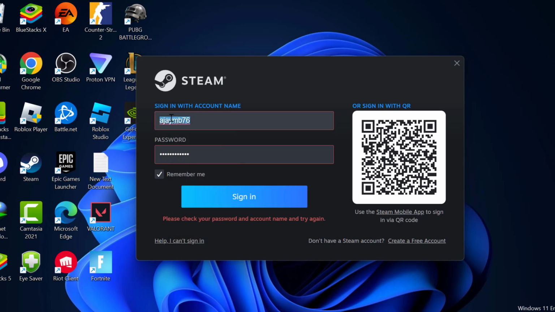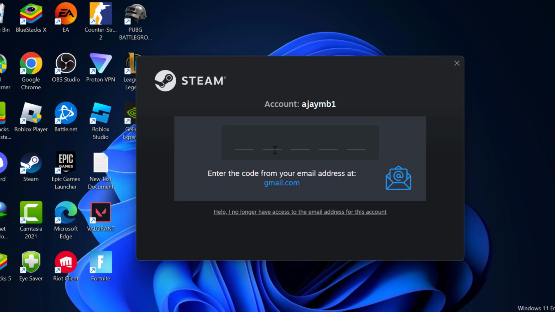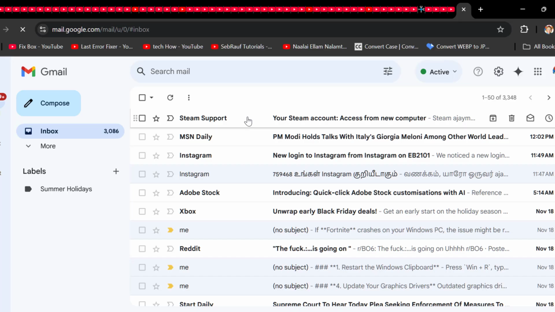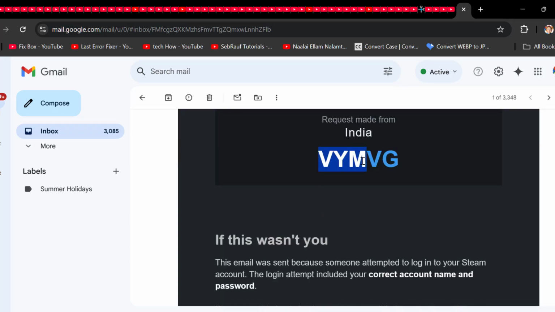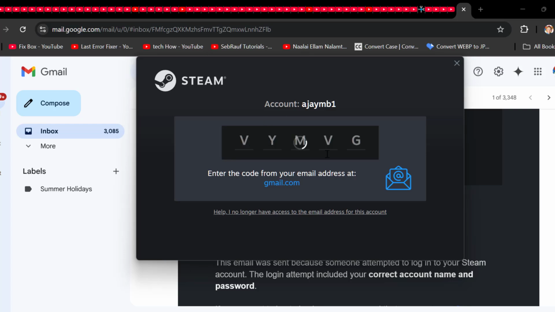Just paste it. Paste it with Control plus V. After pasting it, select the sign in option, and now enter the code from your email address. Just need to copy and paste the code,